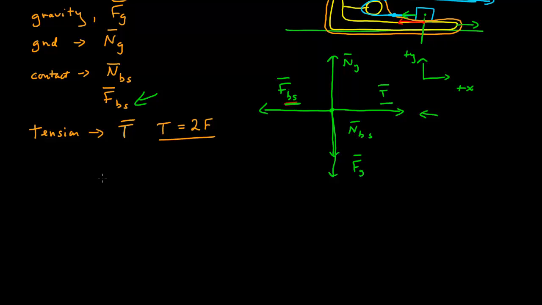And so here, if I say that the positive axis is off to the right, I can say that the magnitude of my tension force minus the magnitude of the frictional force of the block on the sled is equal to the mass of the sled times the acceleration of the sled. Well, the tension is twice the original force that's applying the tension on the string, and the force of friction of the block on the sled